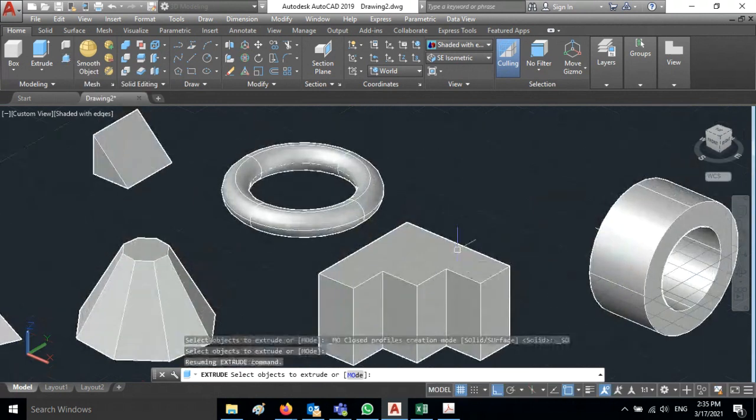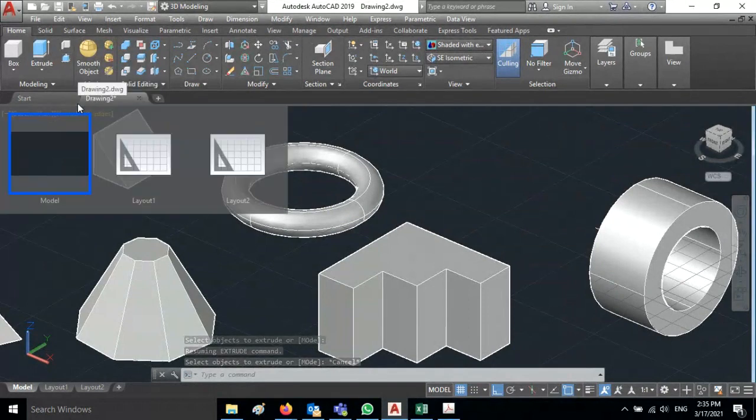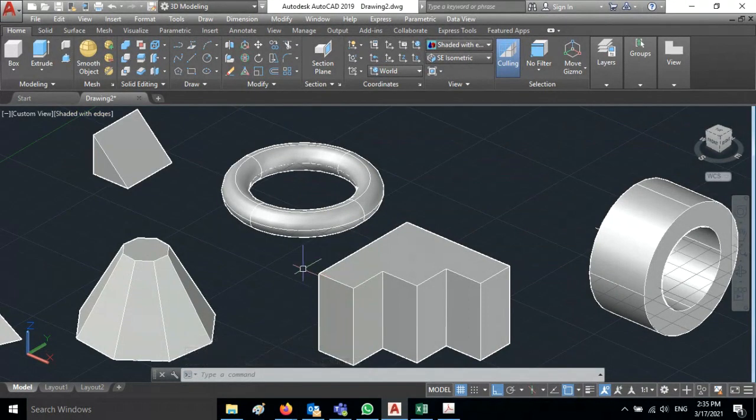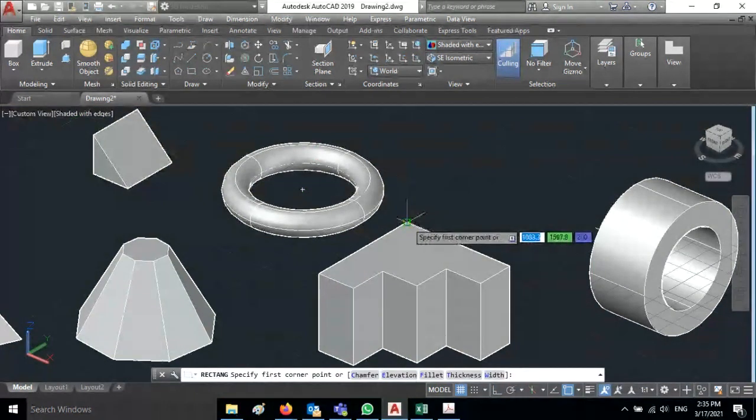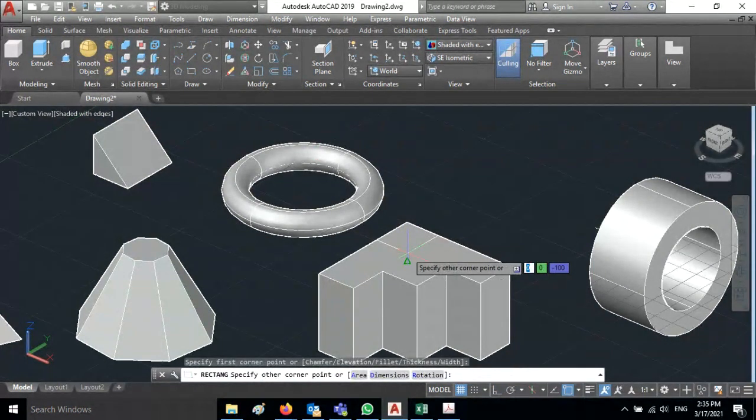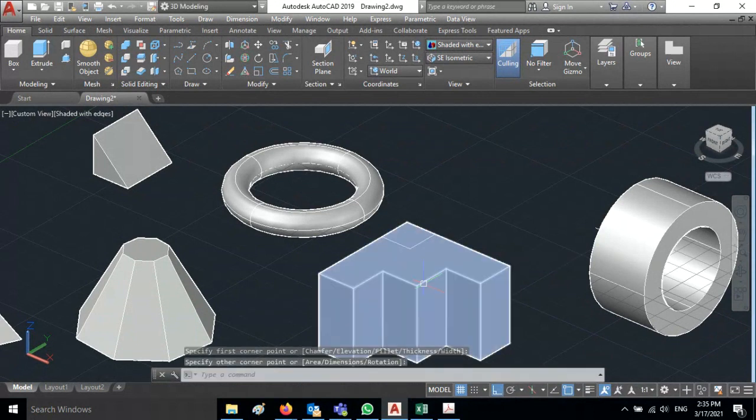Let us see how to use the press pull. I'll show you. The press pull option will extrude, and it can also delete some portions. Let us see how to do that. I'm going to draw a rectangle here, just of any size.